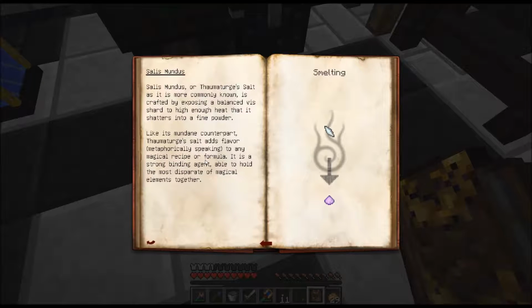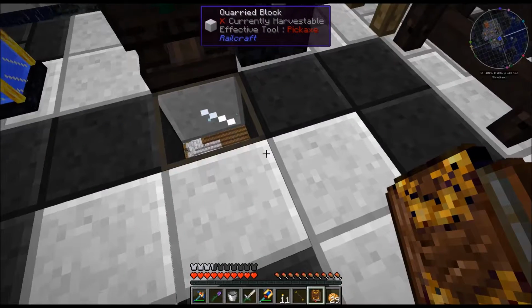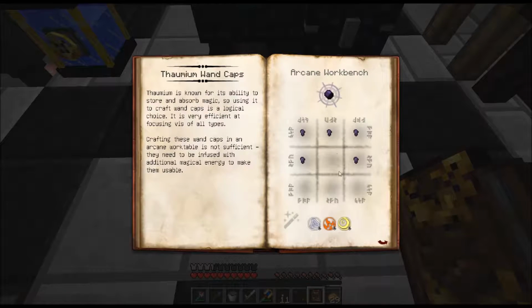Salt adds flavor to any magic recipe. It is a strong binding agent, able to hold things together. Smelting a balanced shard in a furnace creates a salis mundus. Okay. Well, I'm going to need